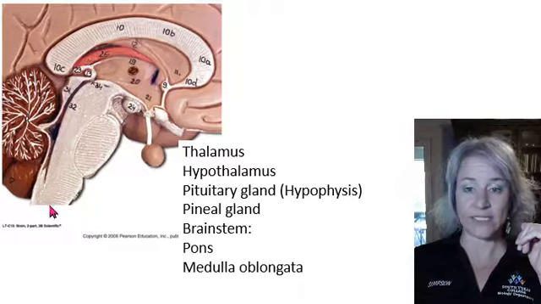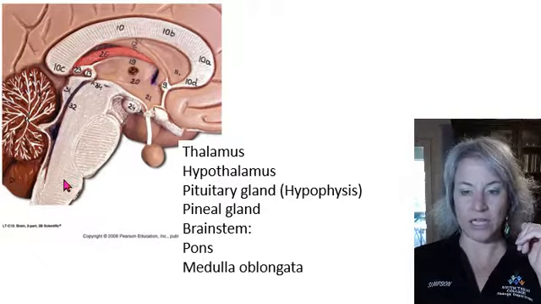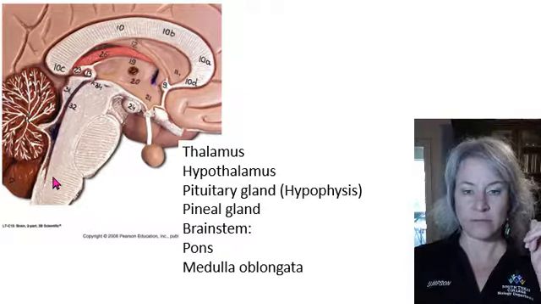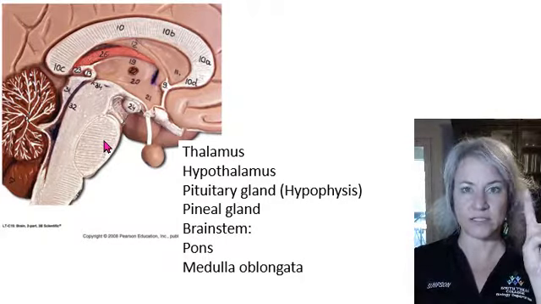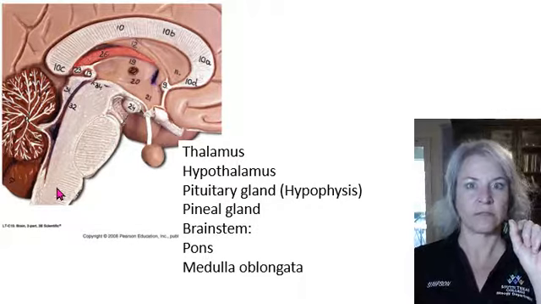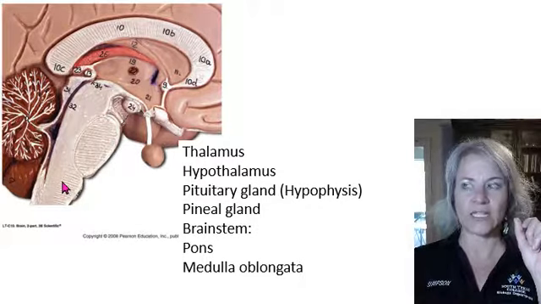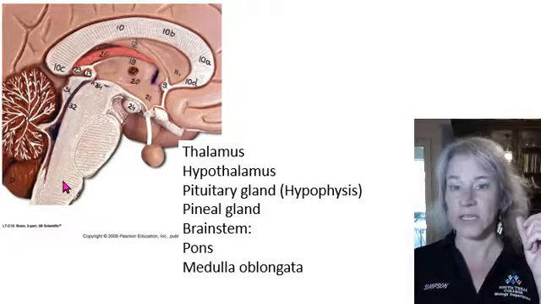Okay, and then we have the brain stem right here, which is two parts: this big fat pons and the little skinny medulla oblongata. Well, let me tell you about the pons and the medulla oblongata. The pons has two breathing reflexes, and the medulla oblongata has all the other reflexes. So the medulla oblongata is going to have sneezing, coughing, vomiting, hiccuping,